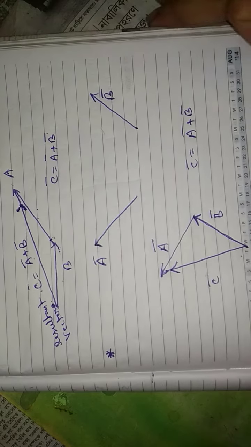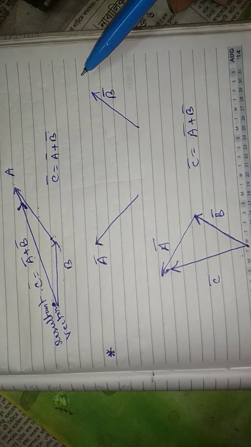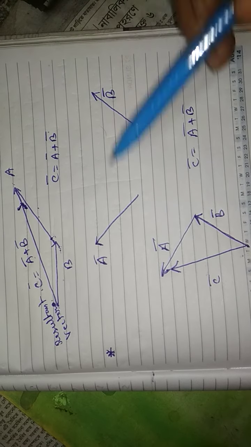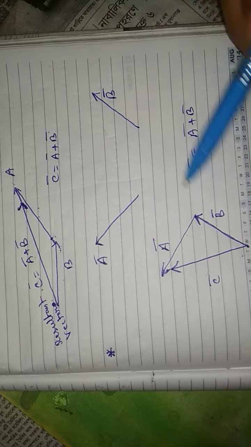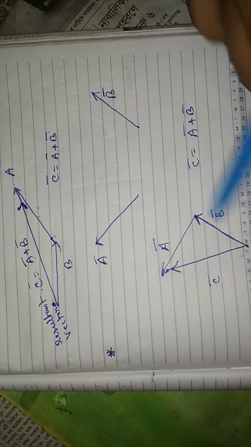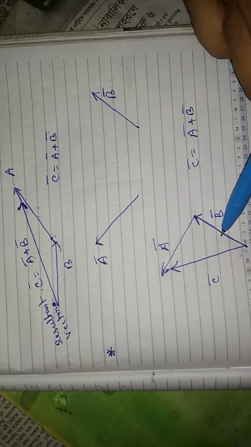Let us do another addition. Say there are the two vectors A and B. Now how can we add it? We will follow the same process. We will take this vector and place it here. We will take this vector and we'll place it here, because I haven't changed the direction. Look, A vector and B vector both are in the same direction, but location has been changed only.